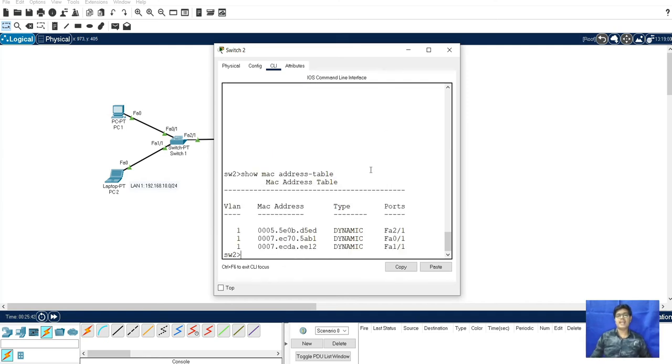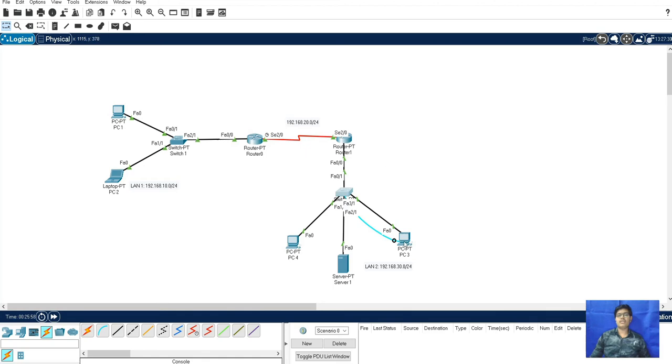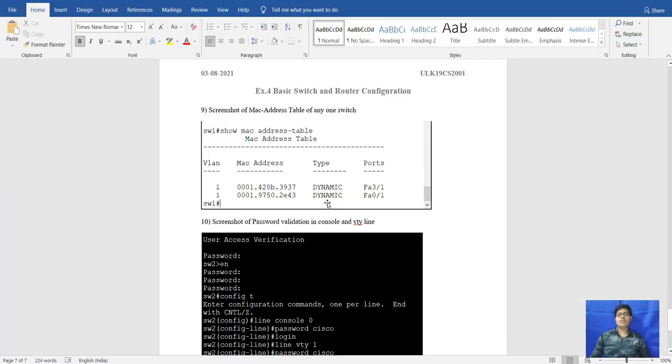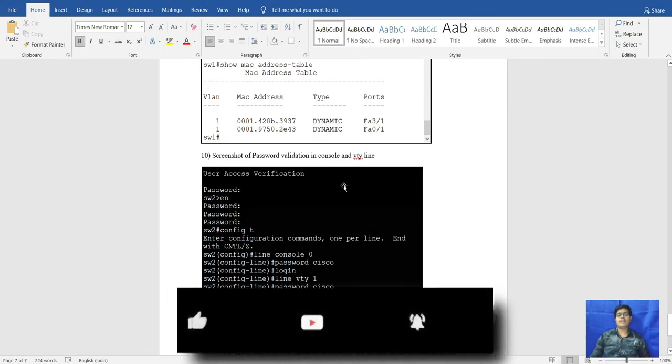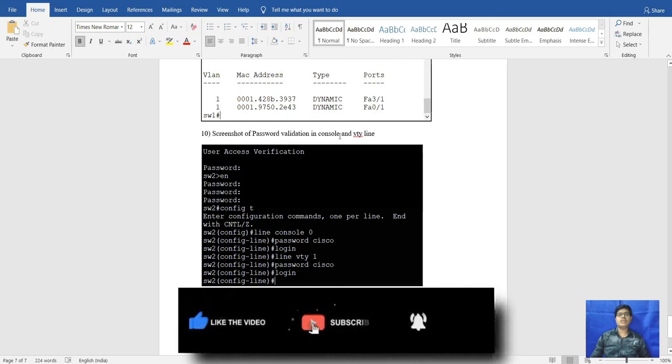So this is the MAC address table for the switch 2, and VLAN 1. The type is dynamic, and the ports are FastEthernet 2/1, FastEthernet 0/1, and FastEthernet 1/1. So this is the configuration, and next we will go to the password verification of console and VTY line.